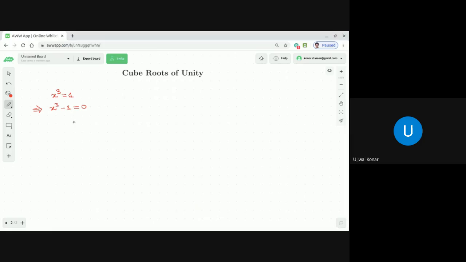The moment I write x cube minus 1 equal to 0, dear students, that means x cube minus 1 cube equal to 0. Now we can write a cube minus b cube, dear students. What is that? a cube minus b cube is a minus b into a square plus ab plus b square, equal to 0. If you recall, this is the 9th standard identity. Yes, in class 9 we learned this. So now what it says,